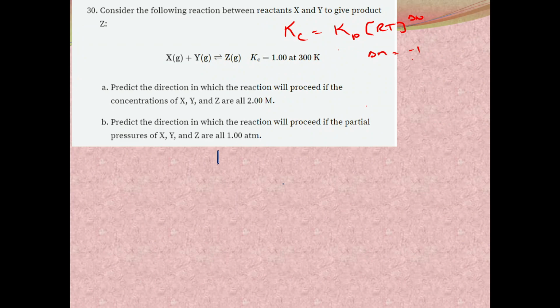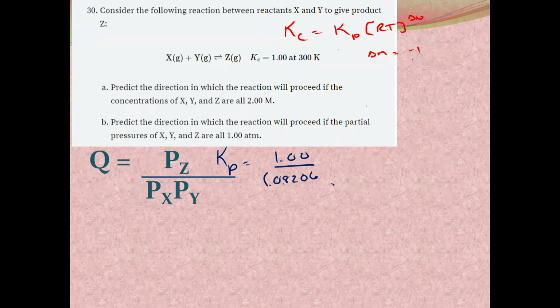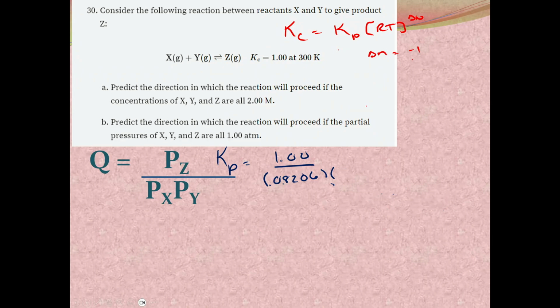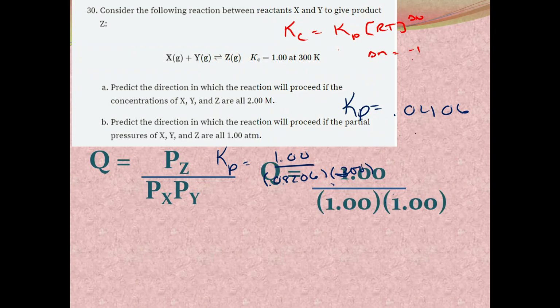So my K sub P should be equal to 1 divided by 0.08206 times 300, and my K sub P is equal to 0.0406. So now when I plug things into my